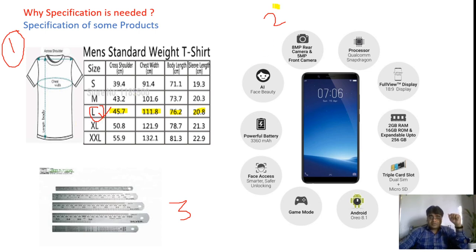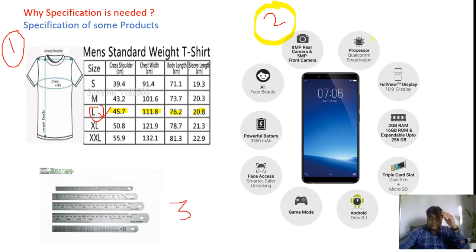Now let us do case number two. Case number two is very popular among the youth, this particular device. Now when you are going to purchase Android phones, you are looking at some kind of specifications. So what are those specifications? The very first one, you are going to ask for the camera. So rear camera and front camera, what is the size of this particular camera?